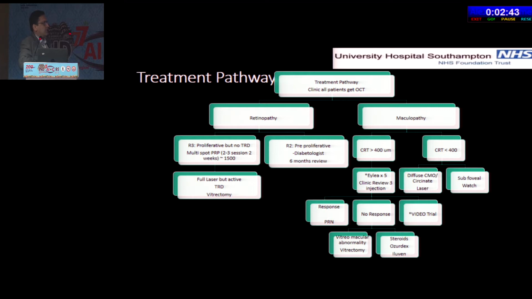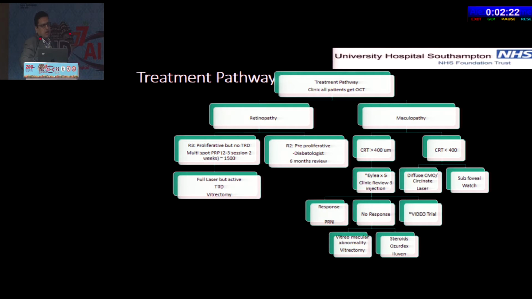Generally, all these patients, when they come in, have dilated OCTs, which is standard. So it's a non-paying kind of thing. If the central retinal thickness is 400, you were talking about 450, ours is a 400 criterion. If it's 400, they get anti-VEGF. Now, whether it's Lucentis or Eylea depends on different hospitals and their local protocols, but generally they all